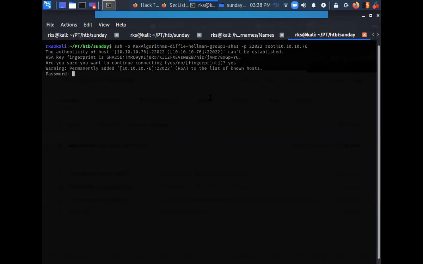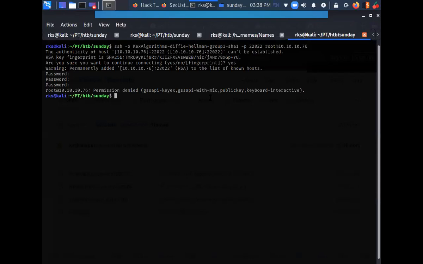And it is asking for a password here. I do not know the password, so I'm just typing some random characters like toor, root, admin, something like that. Okay, permission denied.